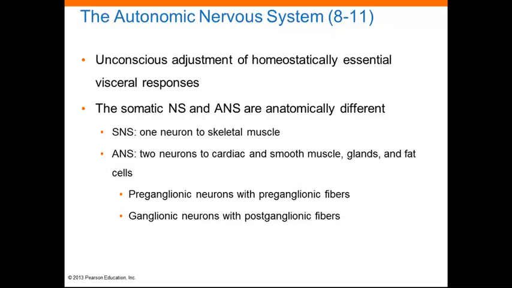So the autonomic nervous system is responsible for those unconscious adjustments of homeostatically essential visceral responses. And we have two divisions of the autonomic nervous system: the somatic nervous system and the